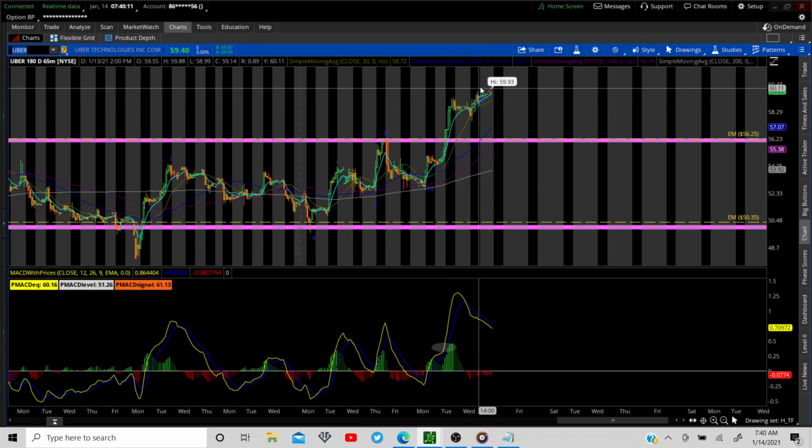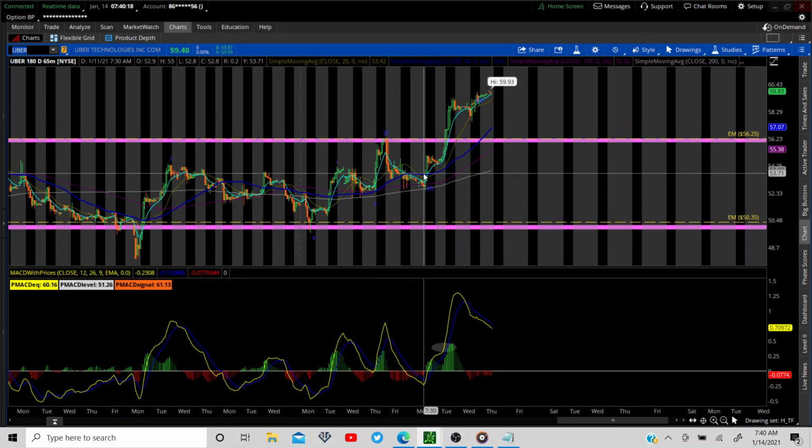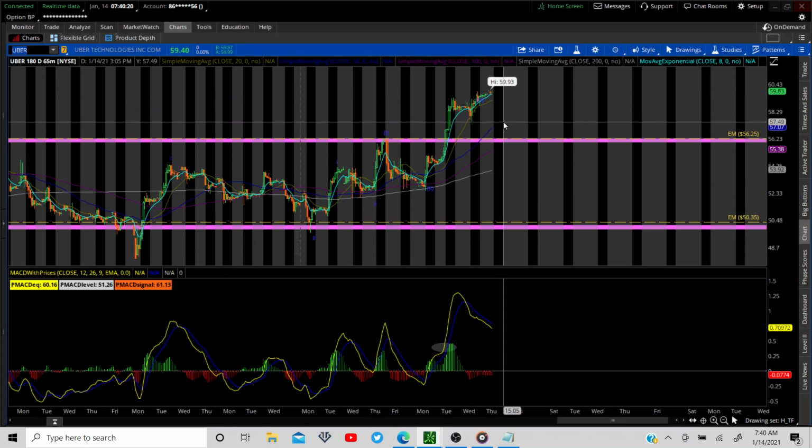So maybe a wave 2. A minute wave. We did a 1, 2, 1, 2, so 3. Yeah, we may come back for 4 here soon. So be cautious if you're getting into Uber on any pullback.